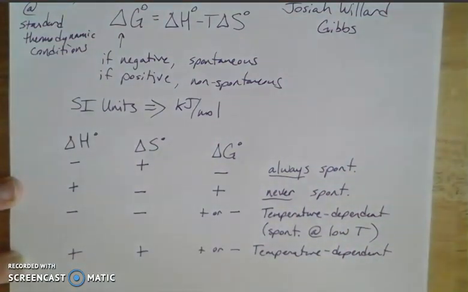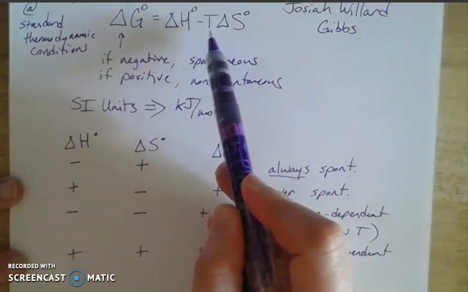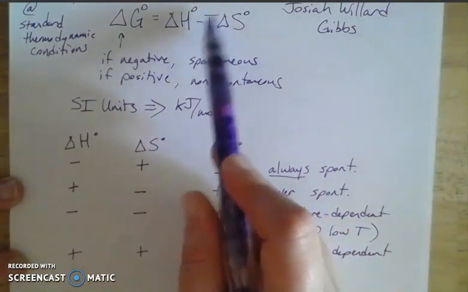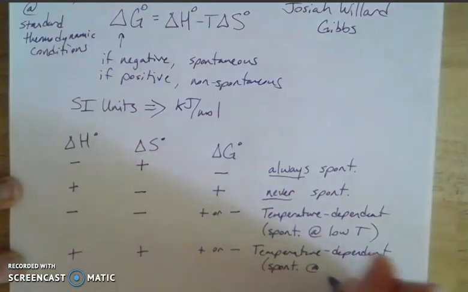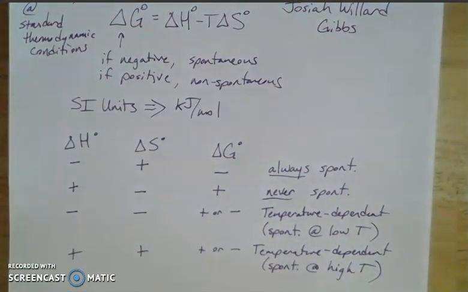But this one's going to be spontaneous then at higher temperatures, because we want this value to be larger, because we want to subtract a larger number here from my delta H. Okay, so delta G equals delta H minus T delta S, and Gibbs free energy is going to be really important for predicting the spontaneity of processes. And now we can start to see how each of these is going to impact the overall free energy that is available in a system in order for it to move around and do some chemistry. That's what we're getting at with the free energy concept.